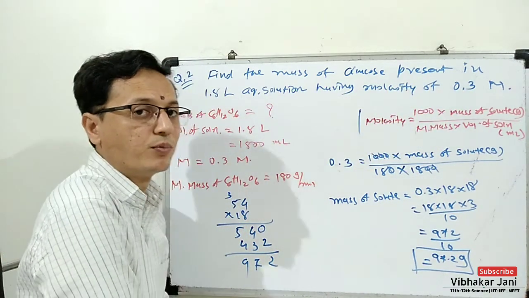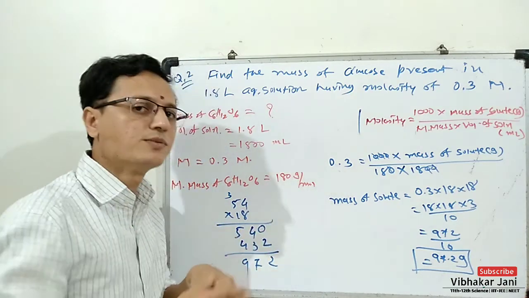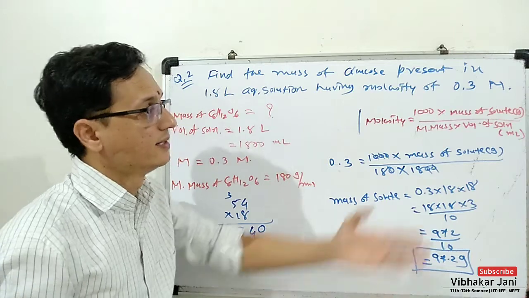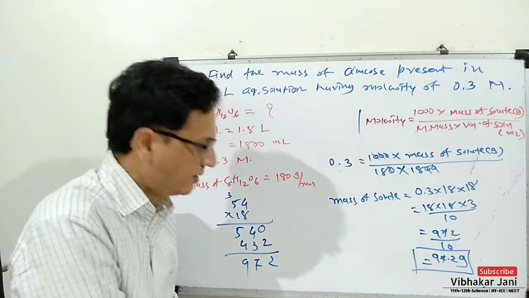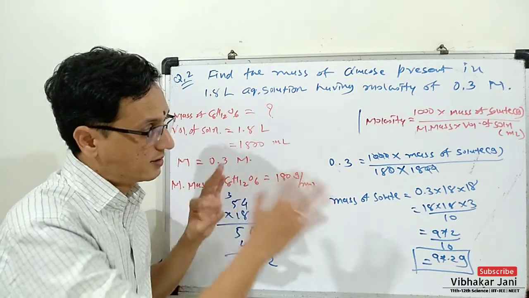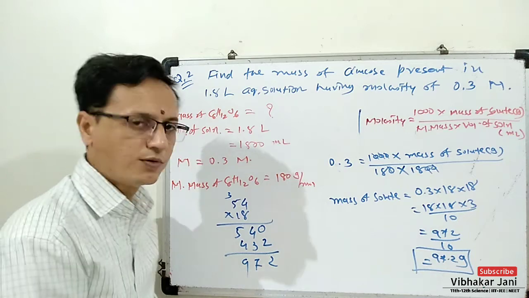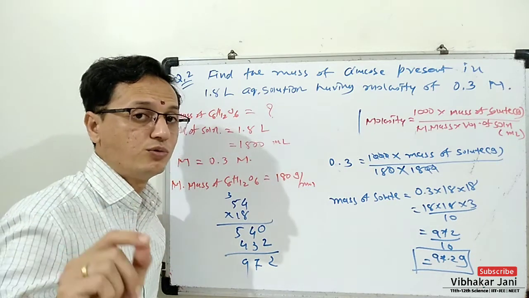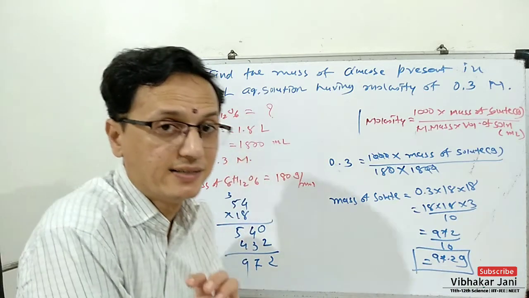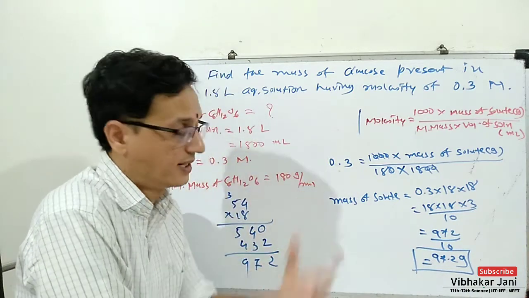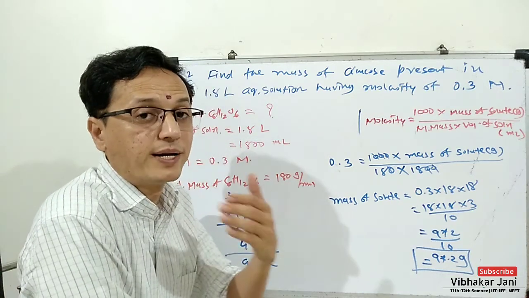volume of 1.8 liter. So this is a very simple formula. Sometimes you are asked to find molarity, sometimes you are asked to find the mass of solute as well. So it is very simple to find out such kind of things by using this formula. Okay, just write down this formula and you have to do a little more practice about molarity and the numericals associated with it. And for that you must have some kind of practice books.